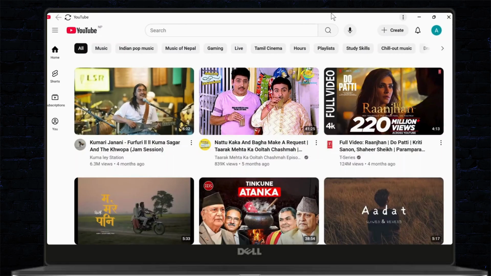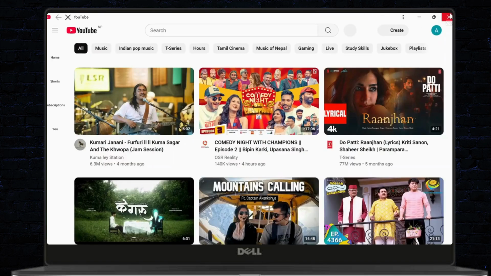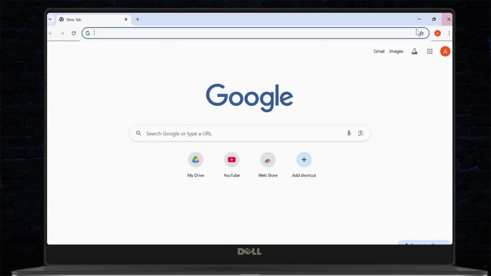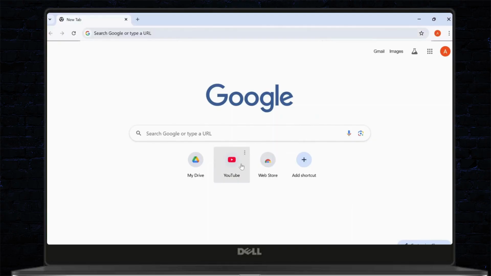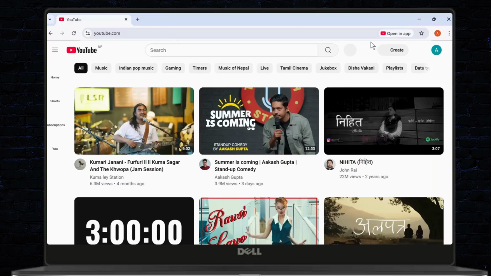So as you can see, this is the only way that you can actually download a YouTube app on your Windows device. So yeah, this is how you do it. And that's all for today's video. All you have to do is visit YouTube and tap on that icon that was here earlier and YouTube will get